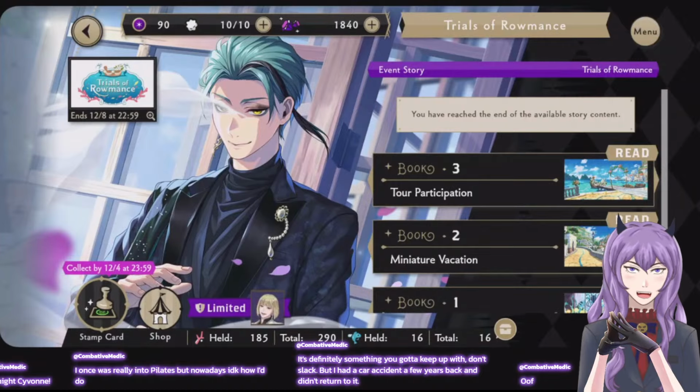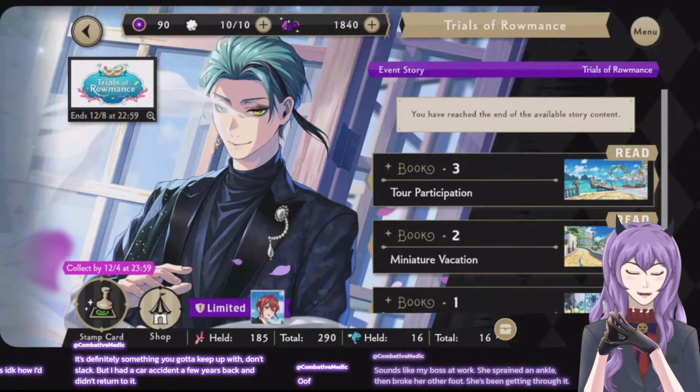That's also why I don't really wear high heels. I really want to wear high heels more, but I have to be very careful because as they say, once you sprain your ankle once, it's very easy to sprain it again. So I have to be careful if I'm gonna do things like wear heels.